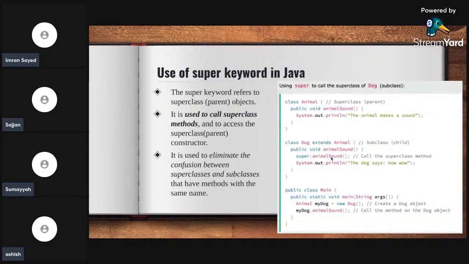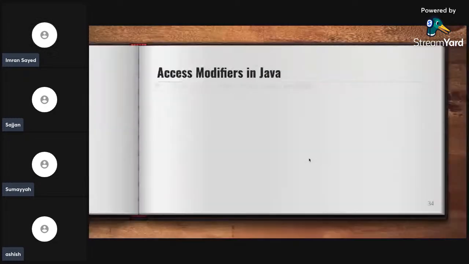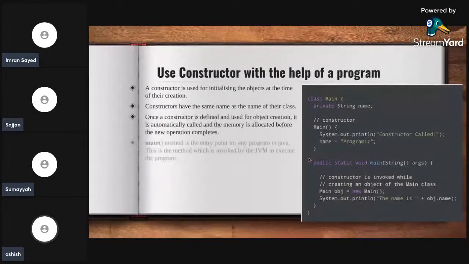तो ये कंस्ट्रक्टर मेथड नहीं है, लेकिन अगर कोई और कंस्ट्रक्टर मेथड डिफाइन करेंगे तो सुपर से हम उसको एक्सेस कर सकते हैं। वो यहीं पे एक्सप्लेन किया था। इट इज़ यूज्ड टू कॉल द सुपर क्लास मेथड, मतलब कोई भी सुपर क्लास के मेथड को एक्सेस कर सकते हैं सुपर से, या फिर सुपर क्लास के कंस्ट्रक्टर को एक्सेस कर सकते हैं सुपर कीवर्ड से।